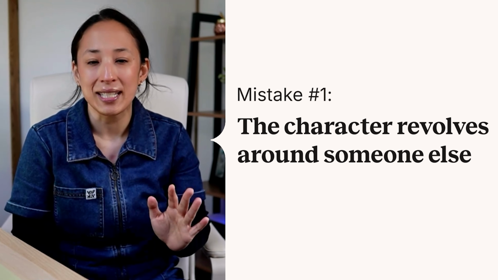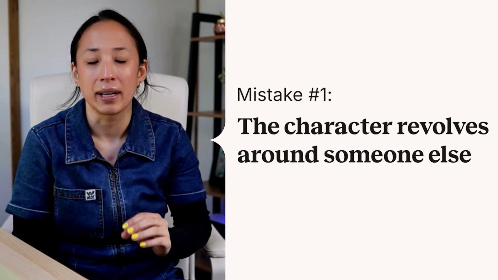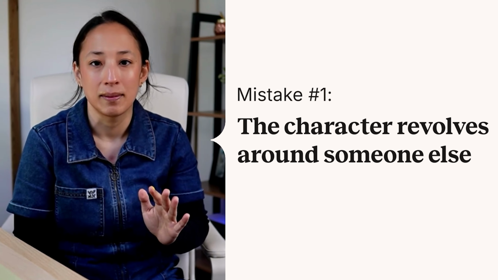The first mistake is making your female character's story revolve around somebody else. In this mistake, your female character is the motivator for somebody else's journey. She is the love interest who inspires him to grow, the sister who dies so he'll seek revenge. She is the best friend who gives pep talks but never struggles herself. This character doesn't have goals, plans, or an arc of her own. She's just there to serve somebody else's.